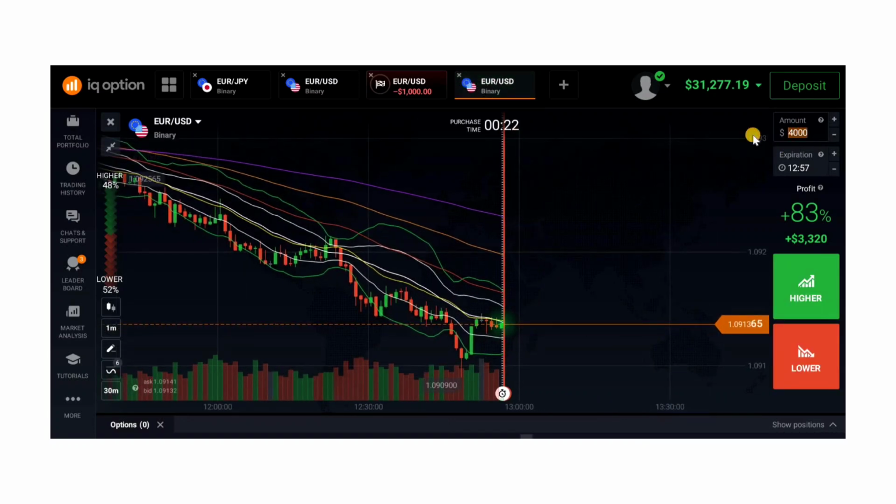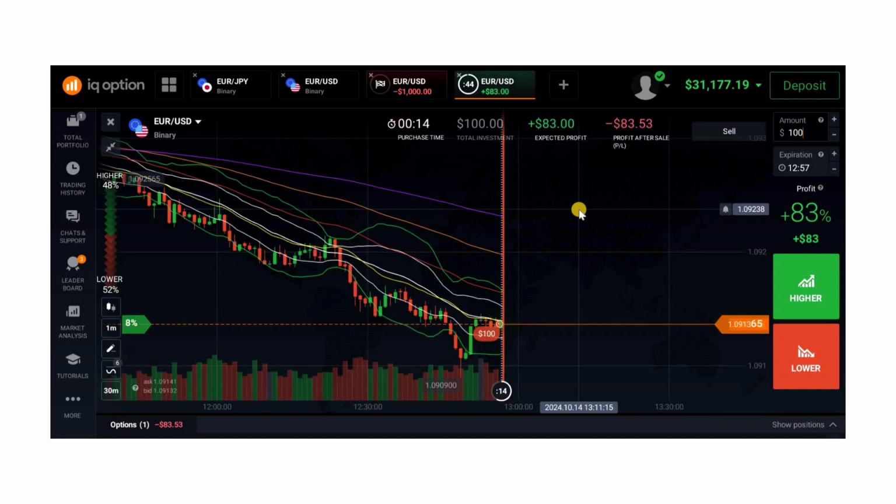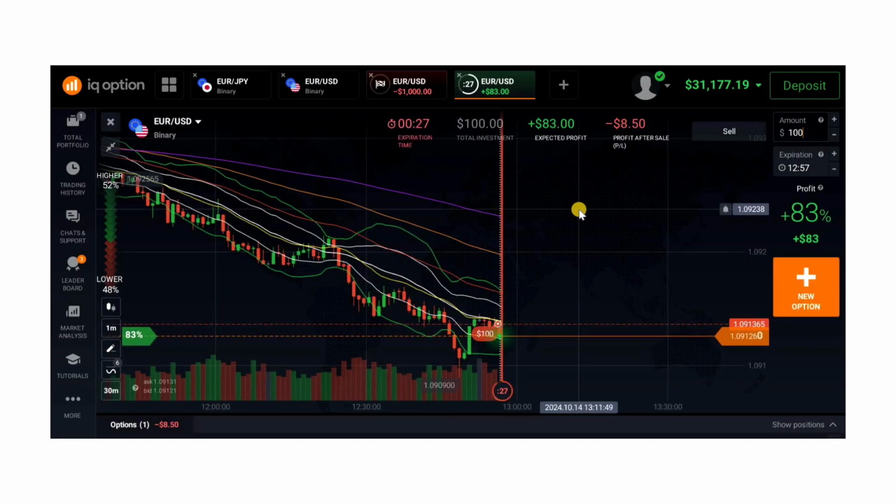This time I will start with 500, or you can even start with 100 depending on the amount you have. Knowing that this market works like this is the best way that you should trade the martingale strategy. You understand? Because if you already know that this is what is going to happen, based on this is why I use the indicators.